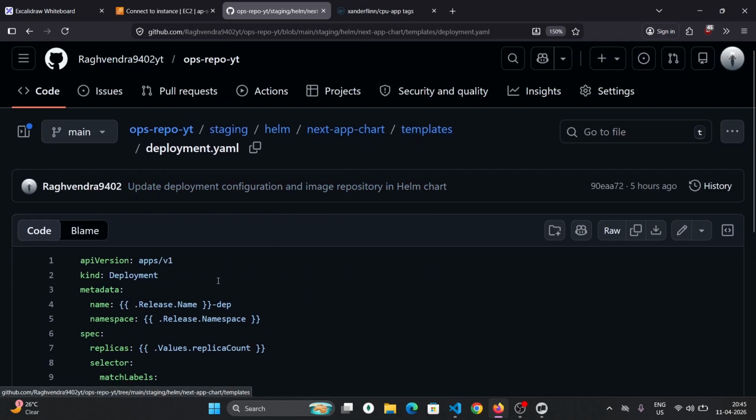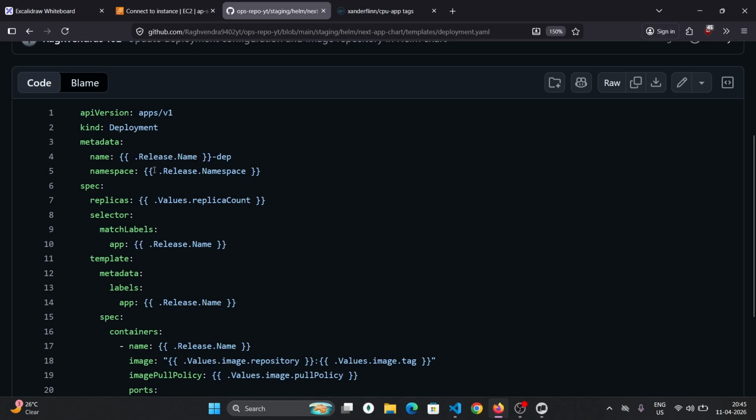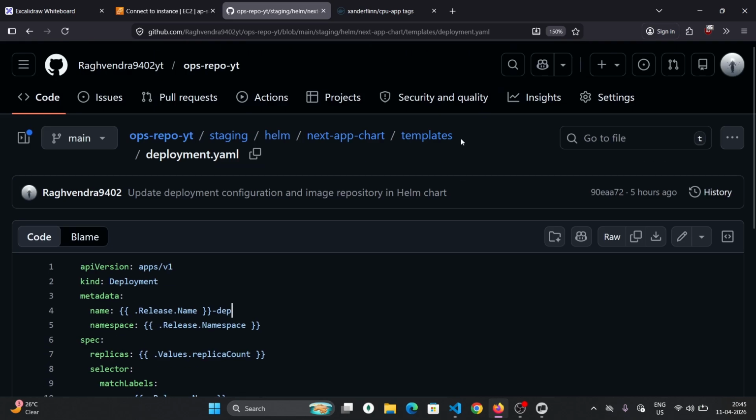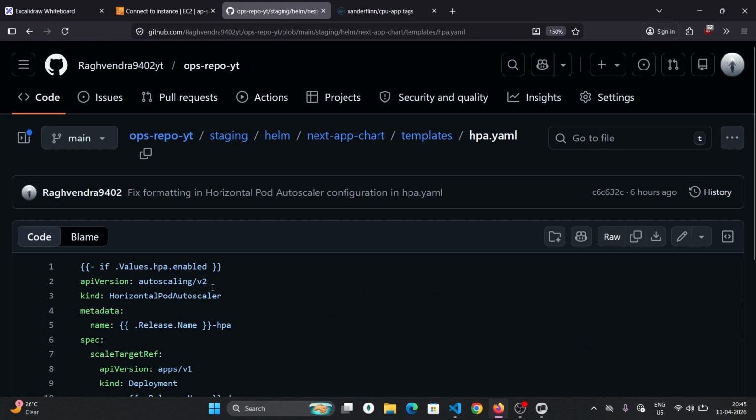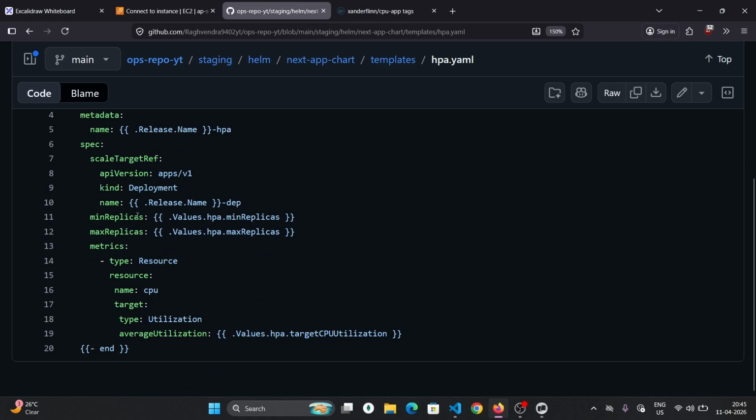Make sure you are using the same deployment name in the HPA also if you want to scale the deployment pods. Minimum replicas,